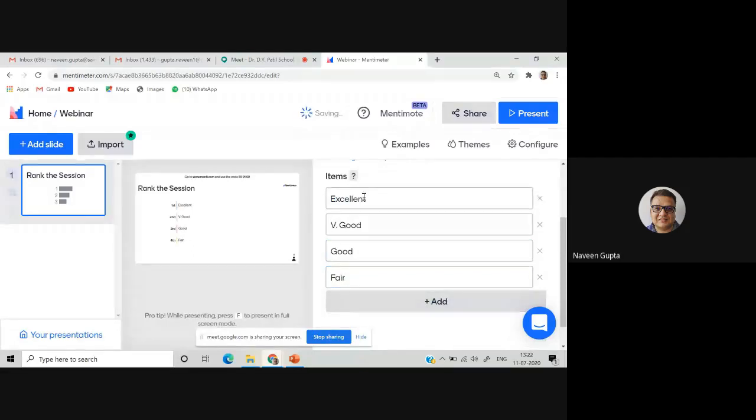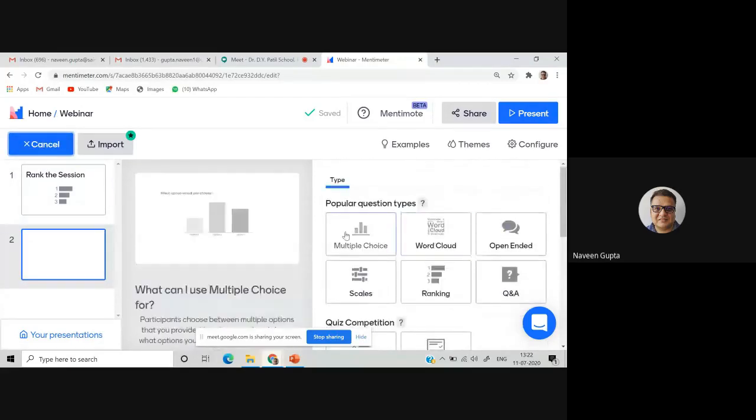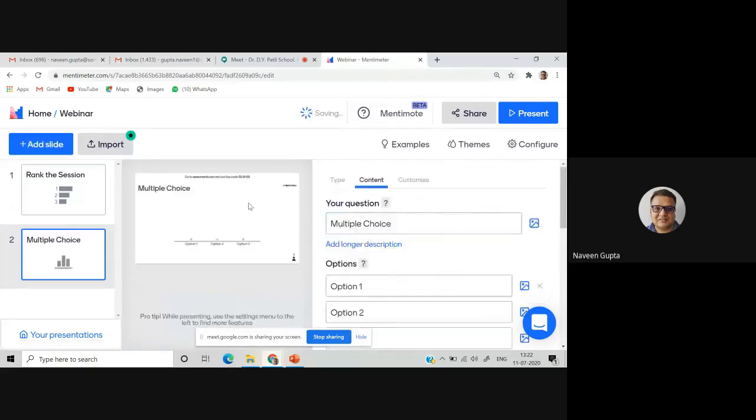Now I need another slide. I can say add slide. And I want a different type of question there. I want a multiple choice question. Now the question is, name the Prime Minister of India. So I can ask any question here.